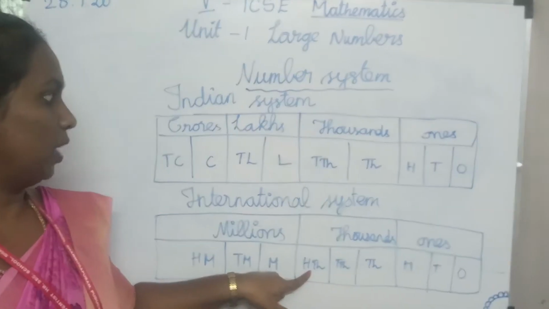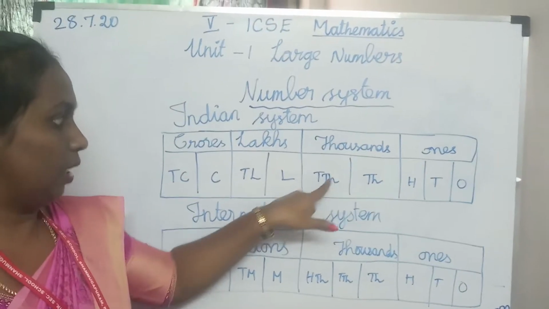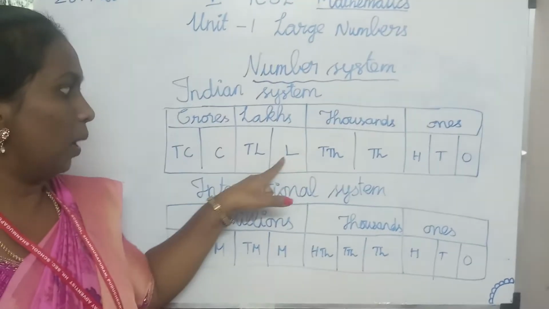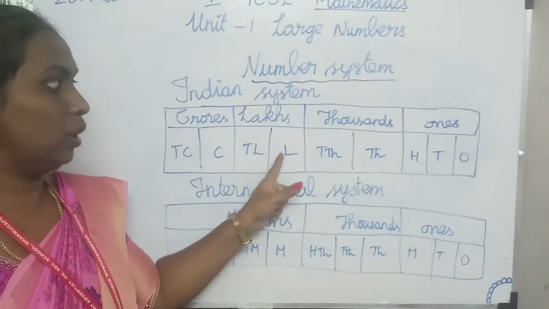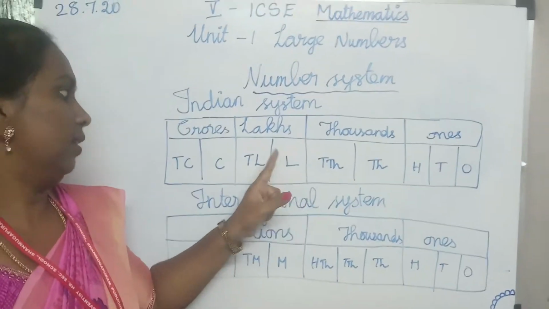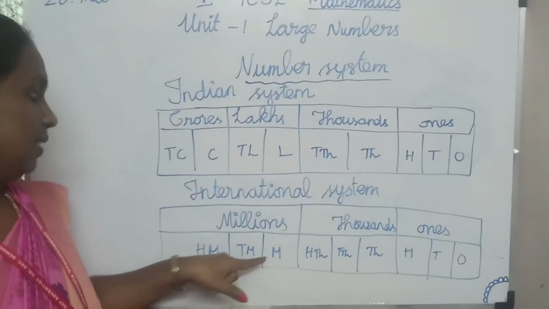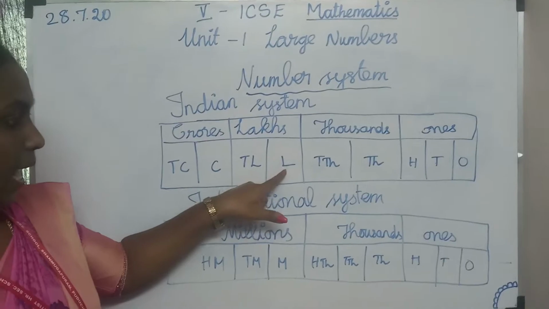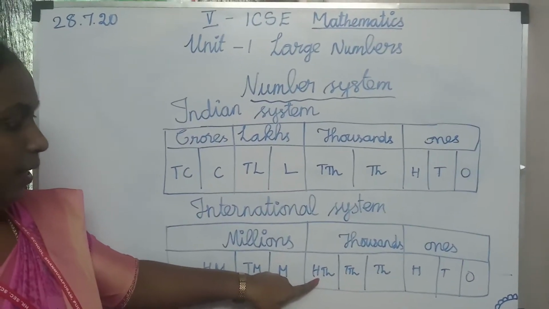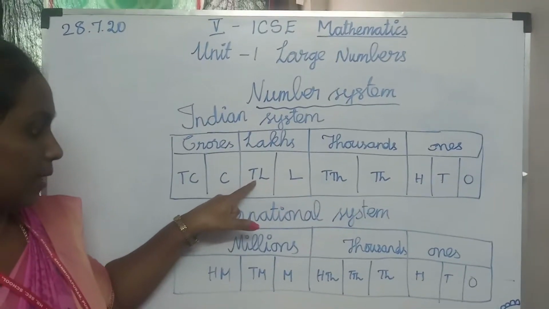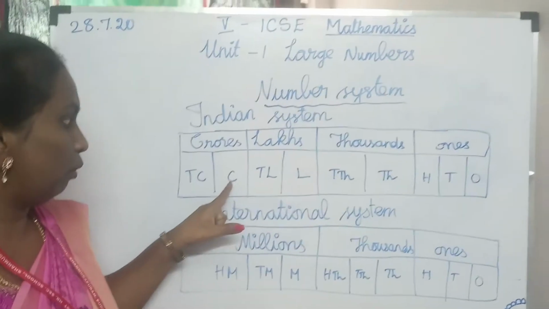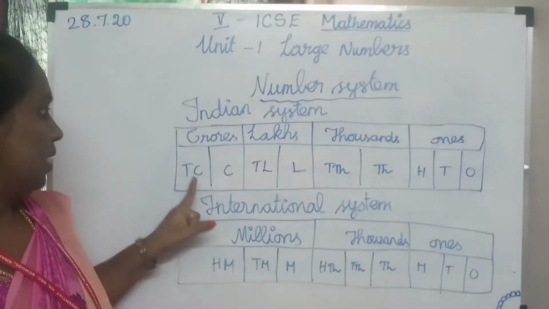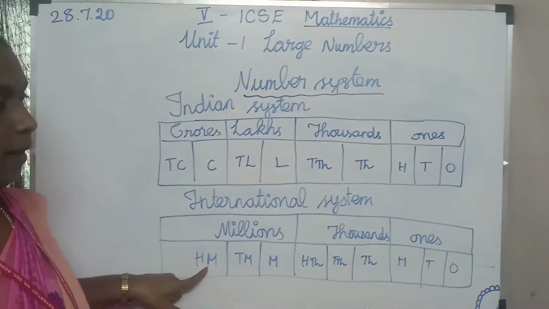This, keep it in your mind children. 1,000, 10,000, 100,000, that is equal to 1 lakh. Next, million, 10 million, 100 million. So this lakh is equal to our 100,000. Then 10 lakhs equal to our million. Crore, 1 crore is equal to 10 million. 10 crore is equal to 100 million.